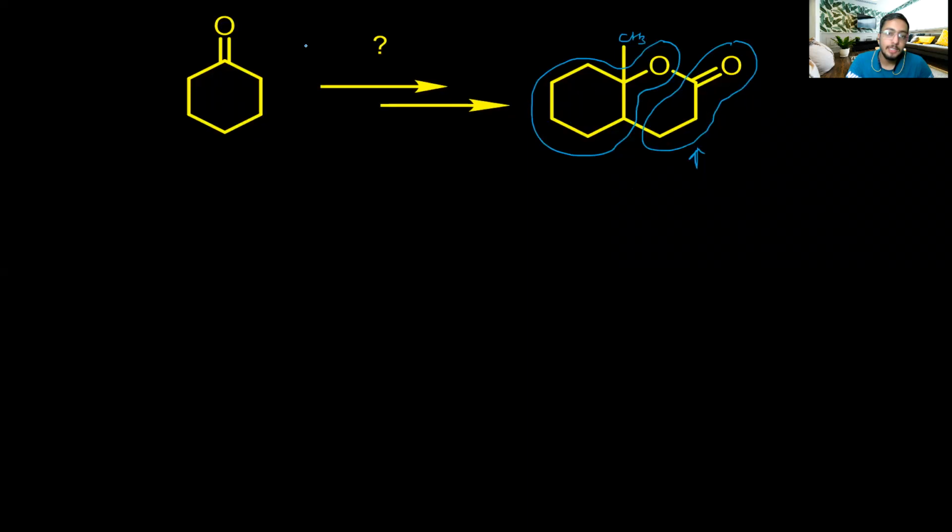To attach a CH3 at this carbon, we can think that we will use our Grignard reaction, CH3MgBr, and we will get a product like this. But to this product, it is very hard to attach this side part now. So we have to think of another reaction in the first place, and after that reaction we have to add a Grignard reaction. We have to add the CH3 group.